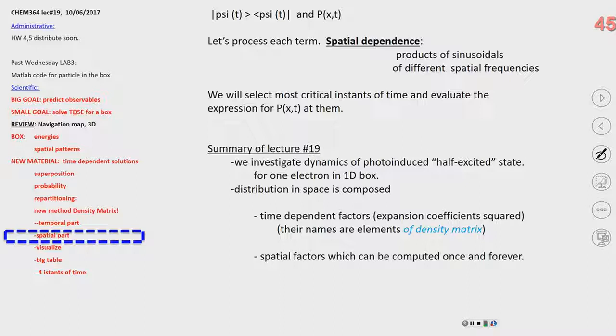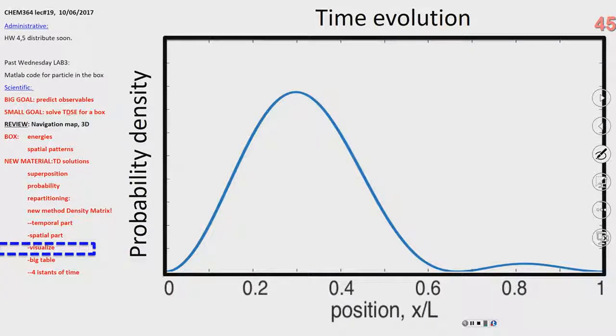And as a case study, we selected a 50-50 distribution between ground and excited and started following how it may change in time. We didn't get any answers right now, but we made preliminary steps of separating time and space dependencies, and then we just need to flush them back together. We also got names for new notation for these intermediate components, which hopefully will be useful in our future life. Half-excited state, time-dependent, spatial factors. And it is what we should